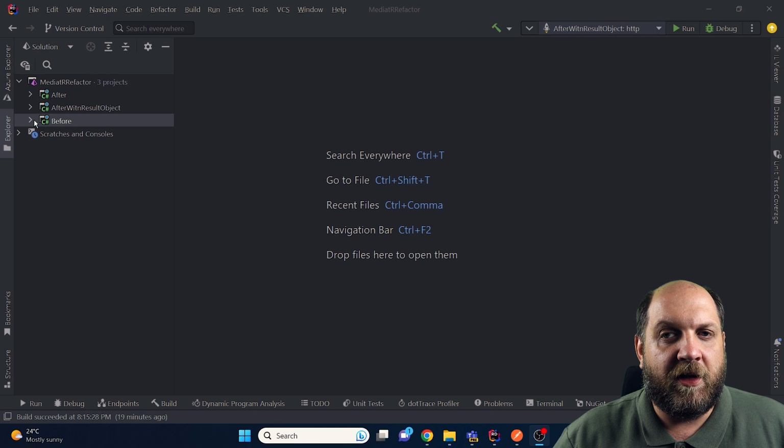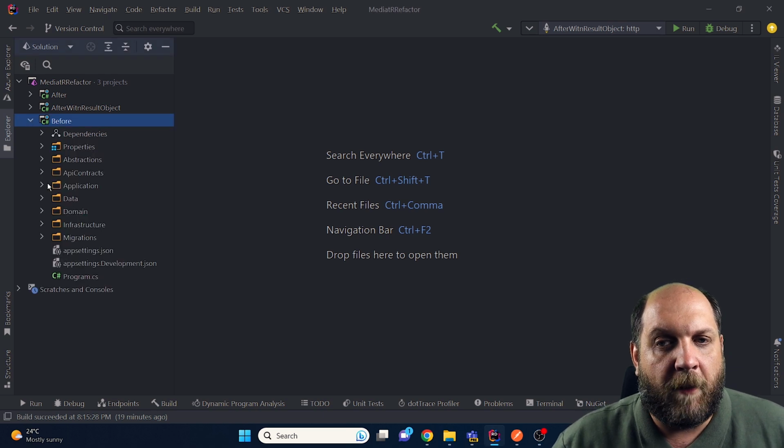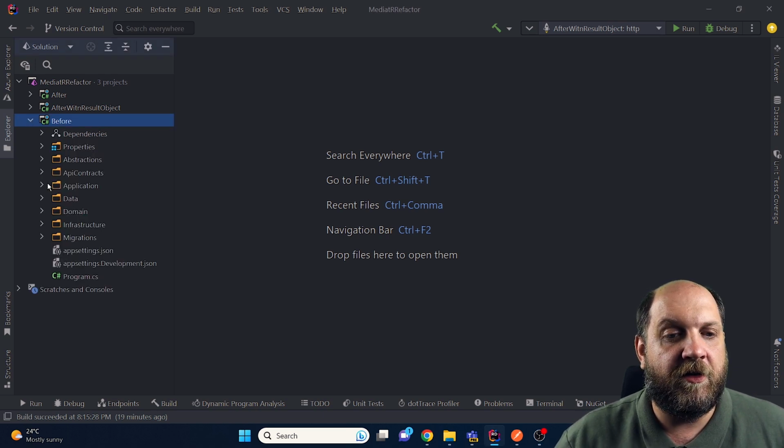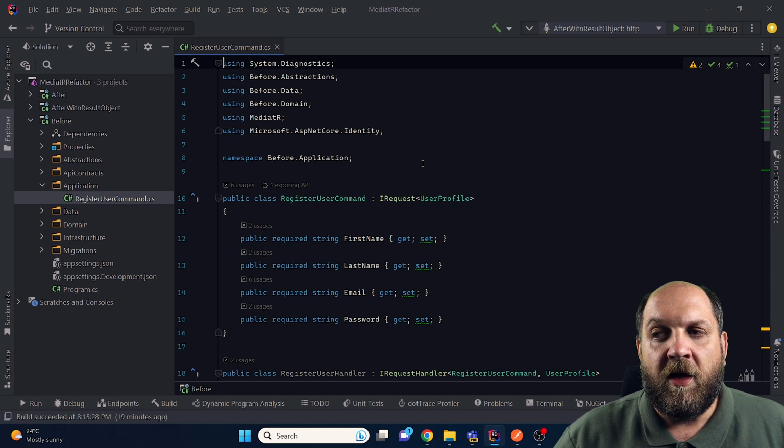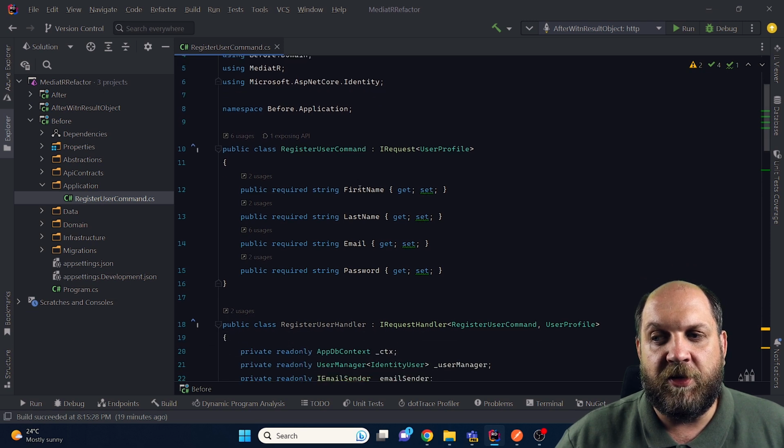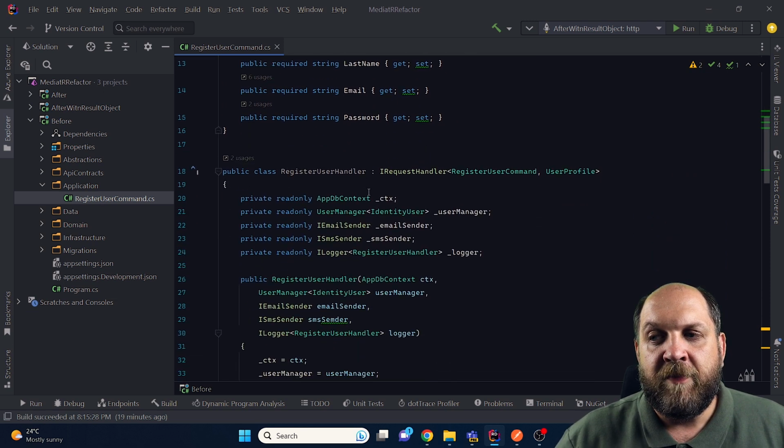Now let's get directly into it. I have this before project set up, a really simple skeleton application, but with everything that it actually needs in order to showcase the potential problems that we might have. And I will start by just using this register user command. Obviously here I have a command with the first name, last name, email address and password, and then I have